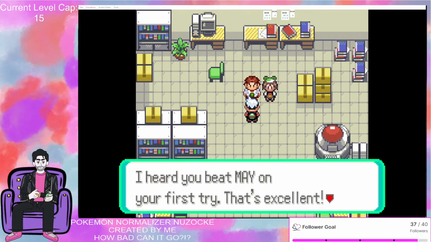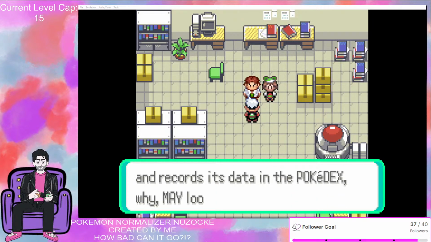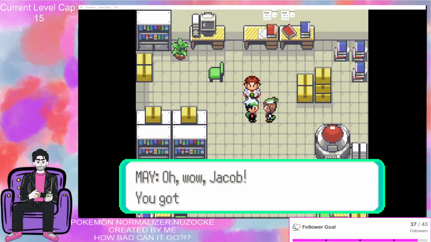Then we're gonna talk to Birch. Birch is gonna be like, oh my gosh, you did all this, you're so awesome and cool, and you beat my daughter. And it's like, yeah, I destroyed her, dude. She's a goddamn...